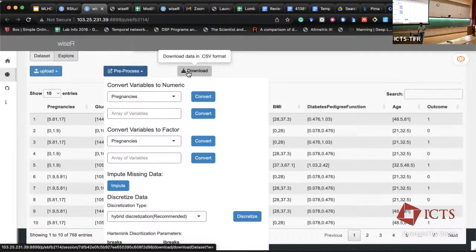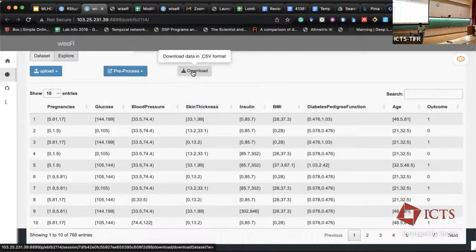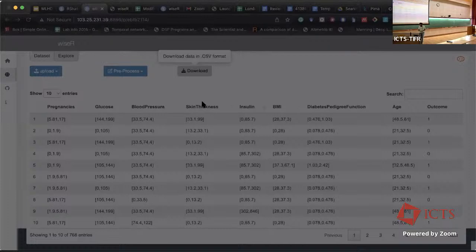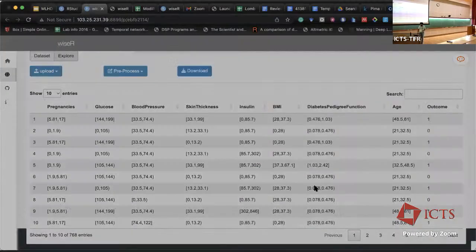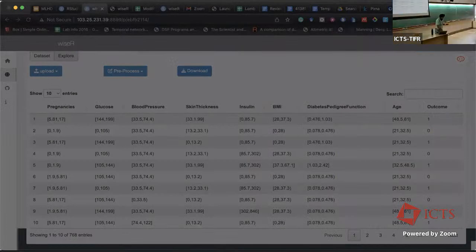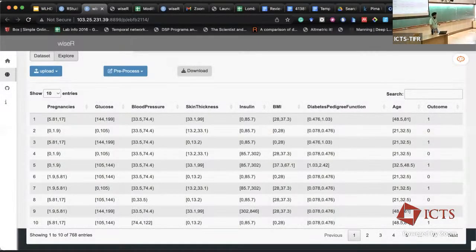So you can choose this download option here and basically download the data set. You can name it as you like, but the way I typically name it is, for example, here I would say discretized diabetes. And if I have done a sequence of operations, imputed discretized diabetes, and so on. So basically I would recommend doing that because sometimes it might happen, and we also earlier on made this mistake